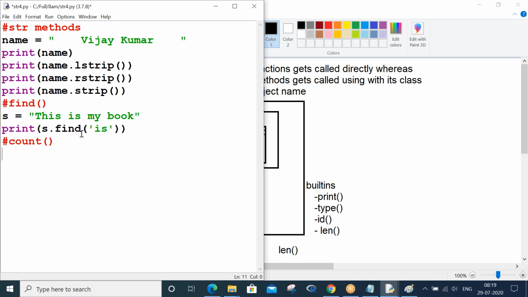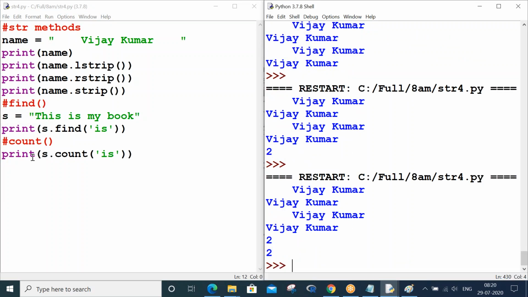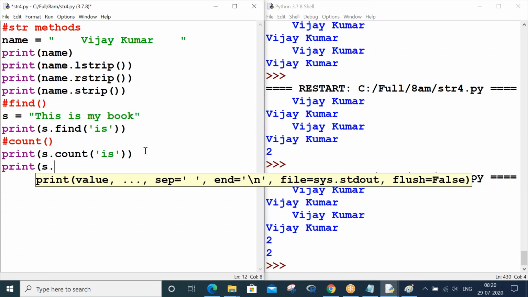Okay, not functions. Let me proceed with my count. Print s dot count of is. Control S, F5. You see, is has come two times in string s. That's the reason it is showing two times. If you want, you can also check print s dot count of